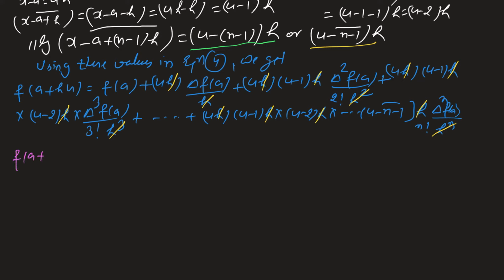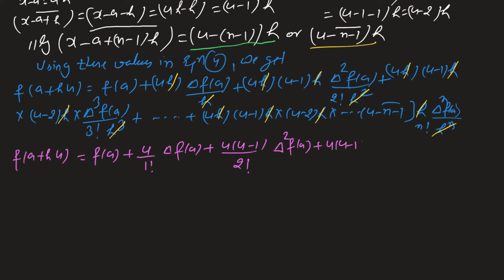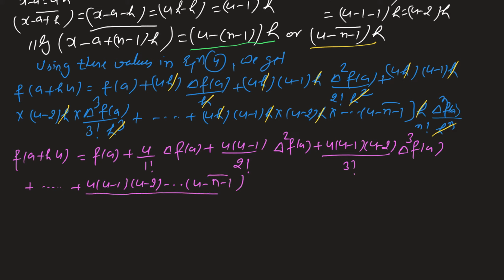So we are left with f of a plus hu is equal to f of a plus u by 1 factorial delta f of a plus u minus 1 by 2 factorial delta square f of a plus u minus 1 u minus 2 by 3 factorial delta cube f of a plus up to so on plus u minus 1 u minus 2 up to u minus n minus 1 divided by n factorial delta n f of a. So this is the value of the function. Fine, this is the function,